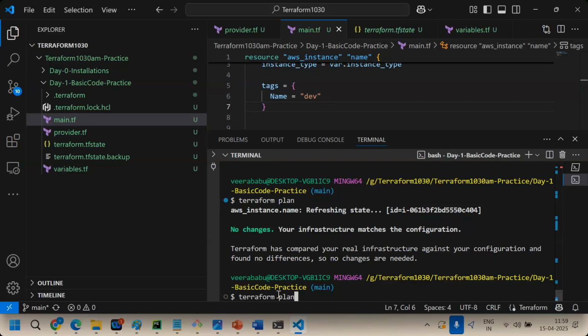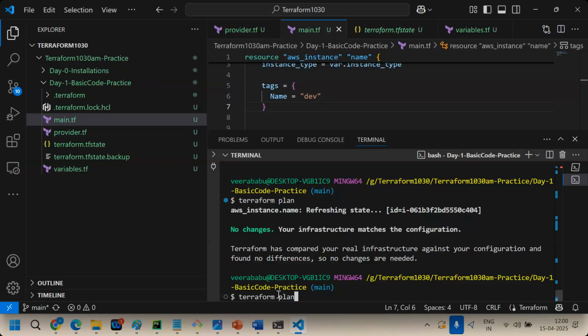Okay, leave it for Terraform now. What about the manual process? The instance is created. If you want to create tags, what is the process? How do you give a name to the instance? Go to Name, give a name, and save it, right?